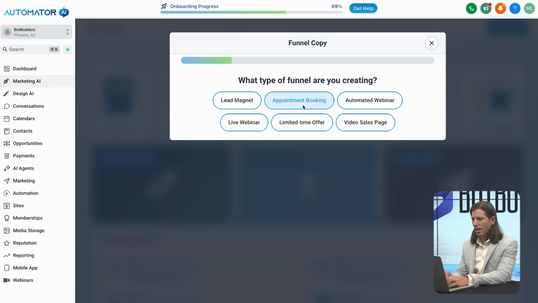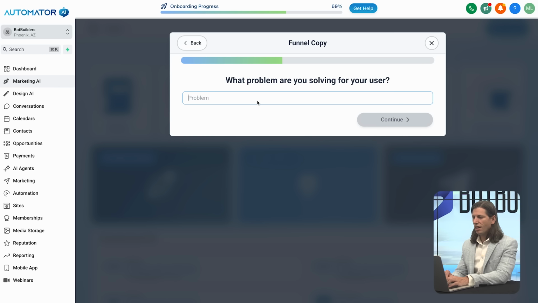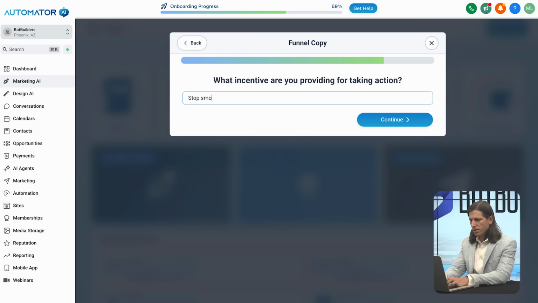What kind of funnel are we creating? Oh, it was an appointment funnel. All right, what kind of problem are we solving? Let's say helping stop smoking. All right, what's the desired action? It's to hire us to consult for them. What incentive are you providing for taking action? We'll say a stop smoking guide.